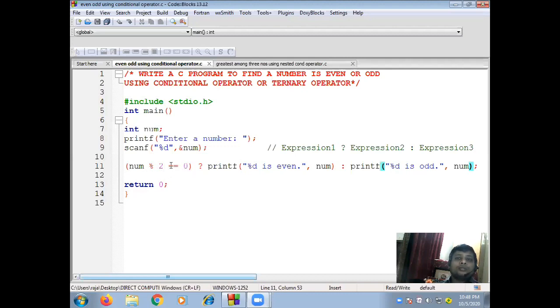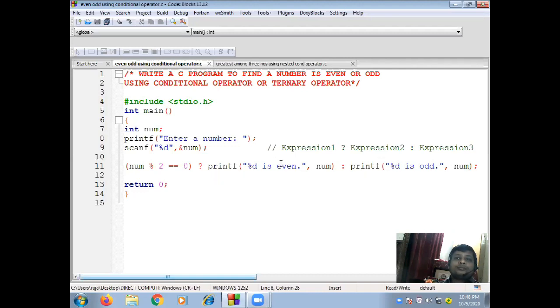If this condition is true, that means for even number, this condition will be true. So it will go to this part after question mark and before colon. This is the true part for this condition or expression. Clear? It will print what? %d is even, comma number. If this condition is false, it will directly go to this part after colon. This is the false part for this condition or expression. So it will print %d is odd.